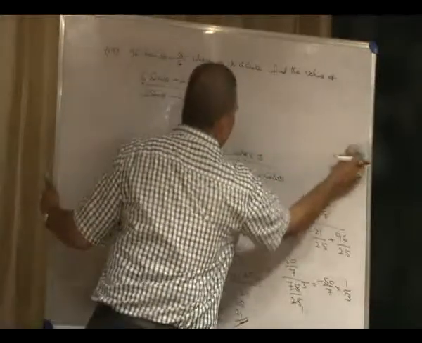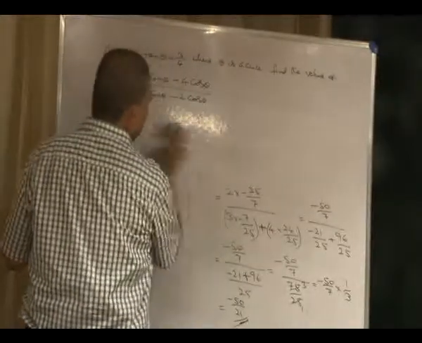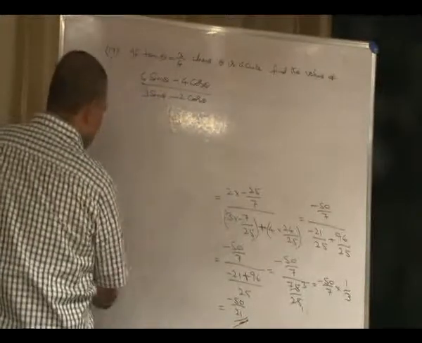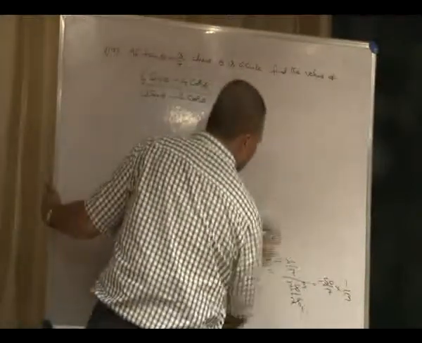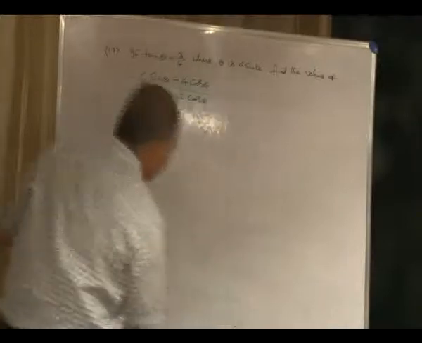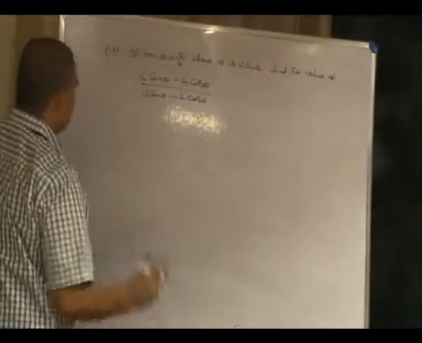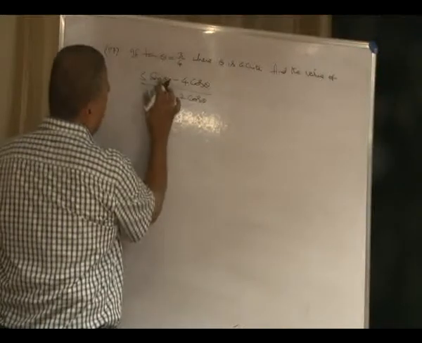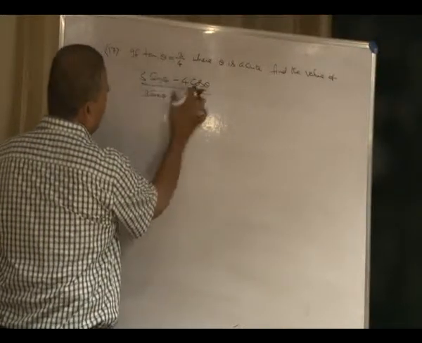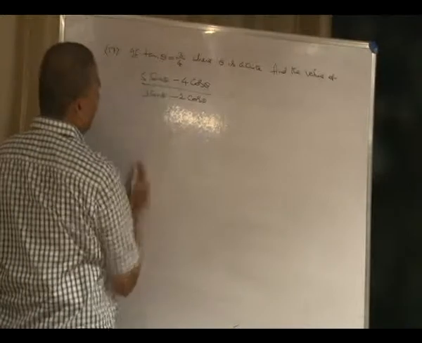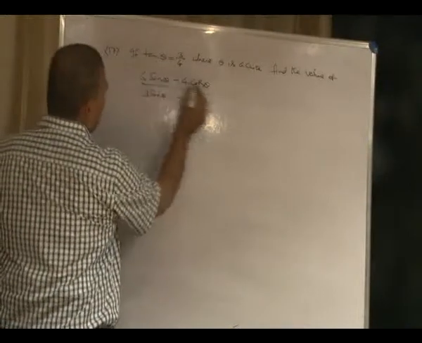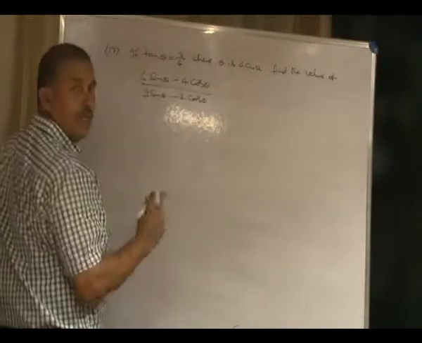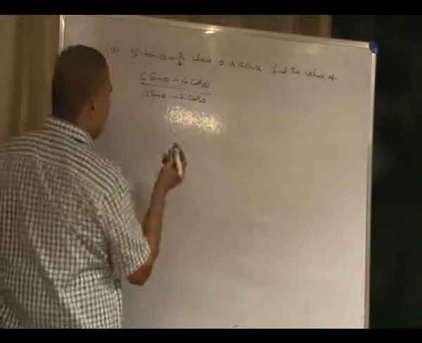Theta is acute, which means it is less than 90 degrees, so it comes under the first quadrant. In the first quadrant, all the trigonometric functions are positive. So we may write tan theta as given. When the tan theta value is given and sin and cos functions are in the expression, divide each term of both numerator and denominator by cos theta.